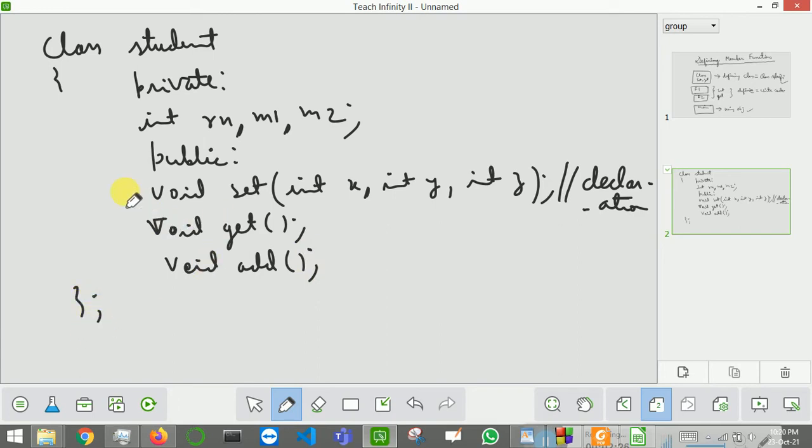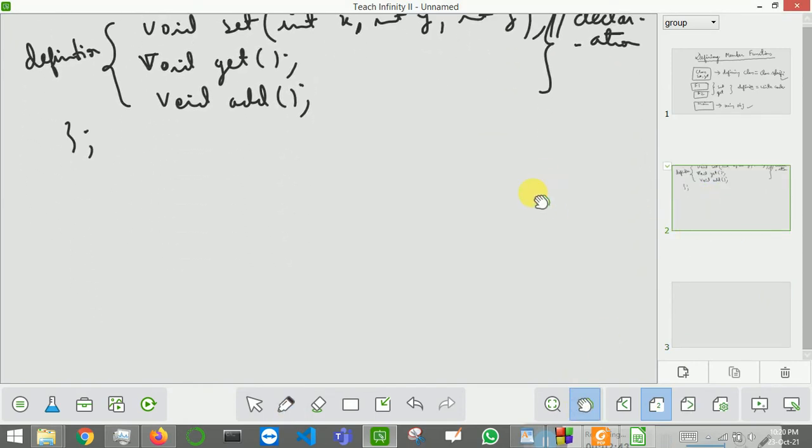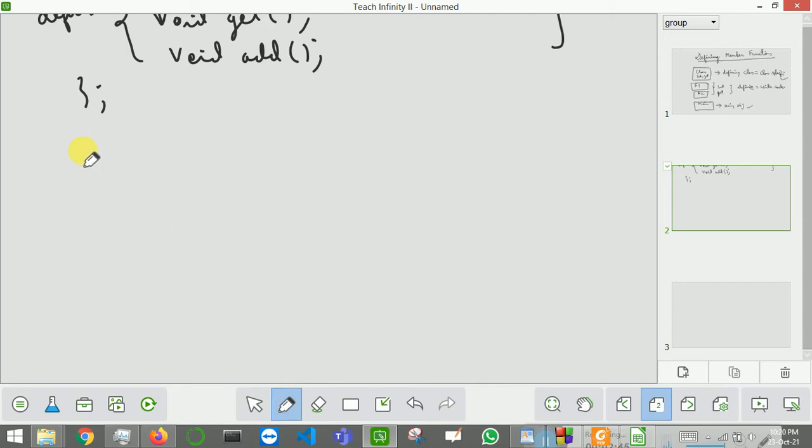Now we will have to define these three functions. Here we have only written the declaration. Definition is what we have to write now. So how will you write the definition?